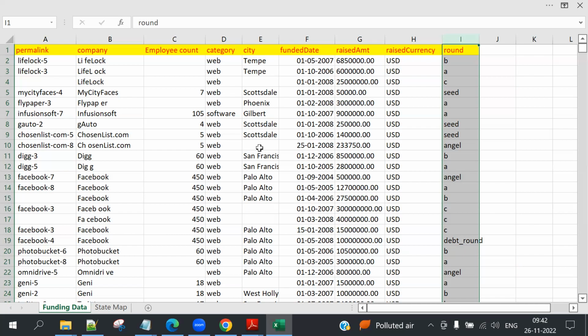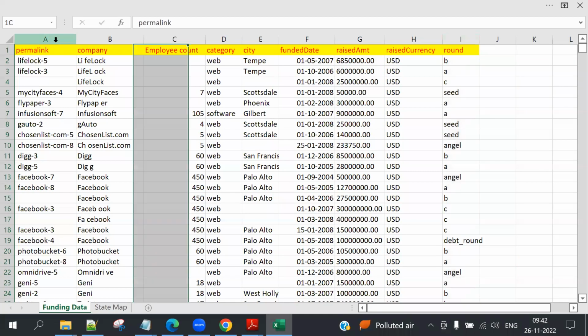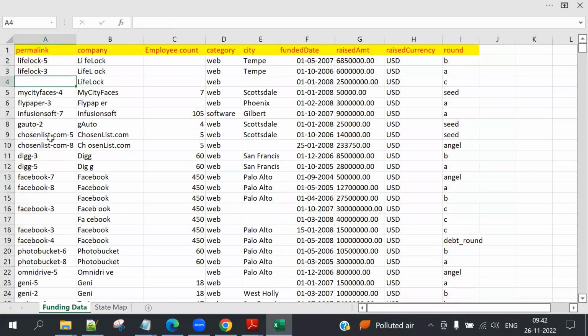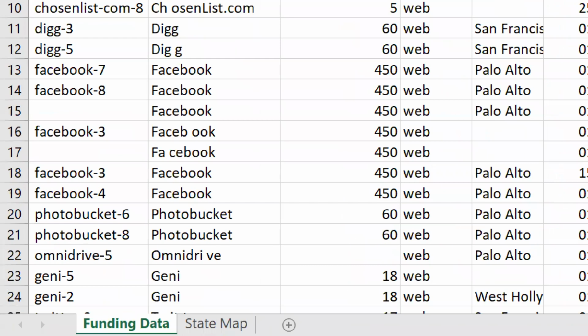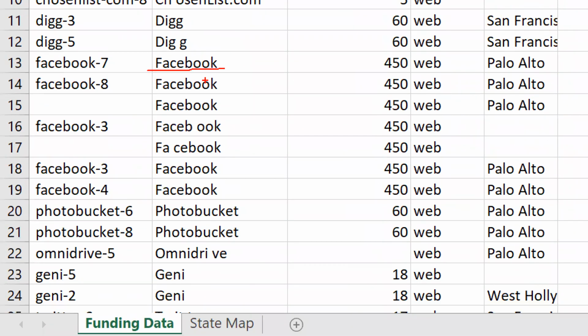So columns A, C, and E, where the values are blank. Right. If you take the permalink level, we have blank values. Yes, so we need to replace with some value. At the company level, something is not correct. Take Facebook.